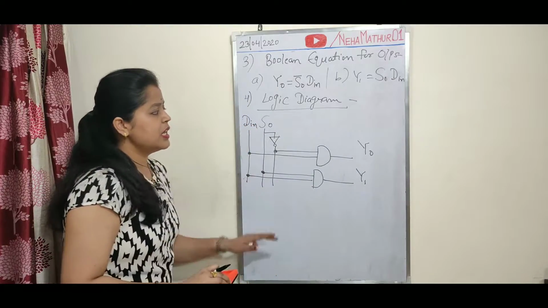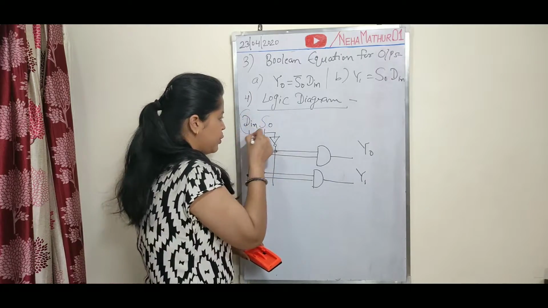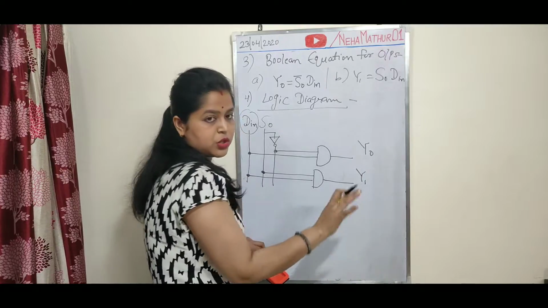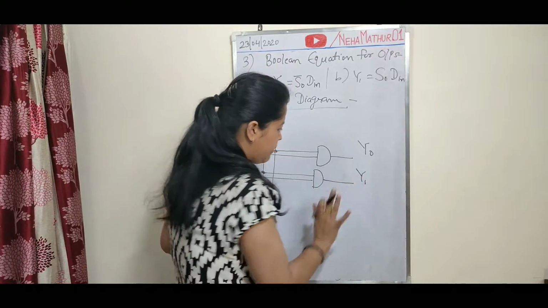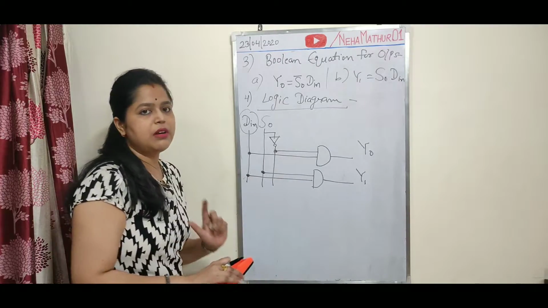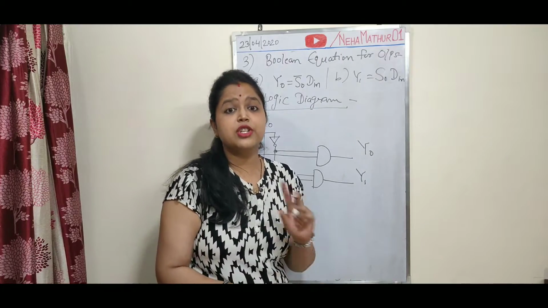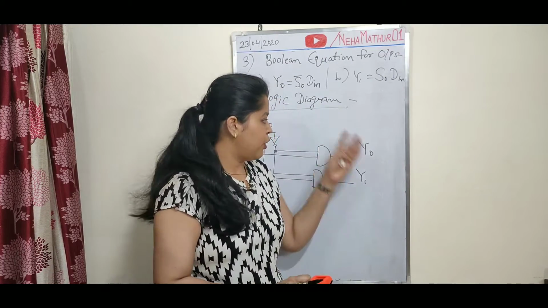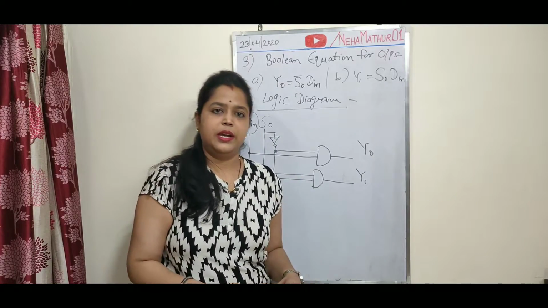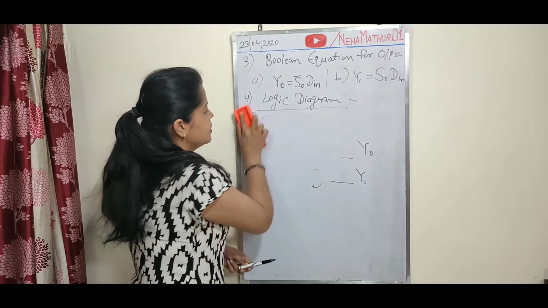Fine. So this is the logic diagram for 1:2 demultiplexer in which you have single input. That input is distributed over both the outputs. So here you have two outputs, Y0 and Y1, and with the help of 3 logic gates you can design your 1:2 demultiplexer. This is the basic concept of demultiplexer, 1:2 demultiplexer. Similarly, by following these 4 steps, we will draw 1:4 and 1:8. So now next 1:4 demultiplexer.